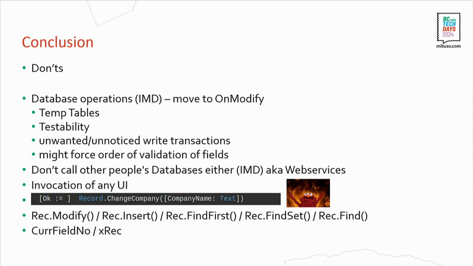Testability. Again, referring to the session, database access is really slow. You want your unit tests to be blazing fast, and database is the slowest thing you can do, like as an individual command in your tests. So when you force the code into the right transaction, if you force access to the database from your validate trigger, that can make testing quite a bit harder.